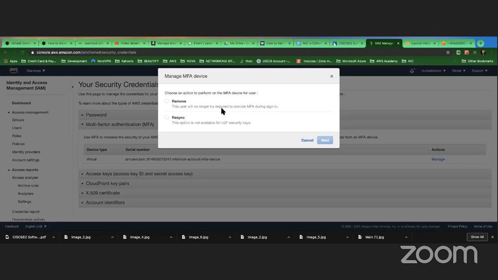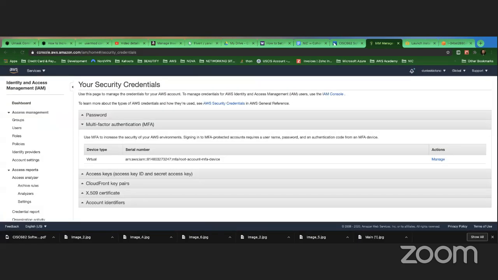It's going to ask you for the digits the first time. Because the digits expire probably every 10 seconds, they will have new digits, and the second round is going to ask you to enter those again. And then your account is going to be synced with that device. Okay, and that's how it's going to work for you, the same way that it works for me. Every time that I have to log in, I have to enter the code in the authenticator.